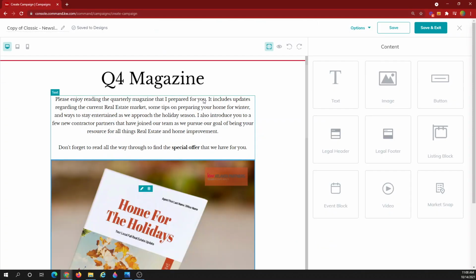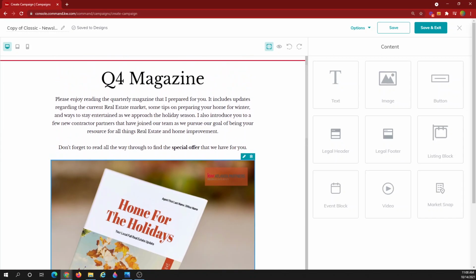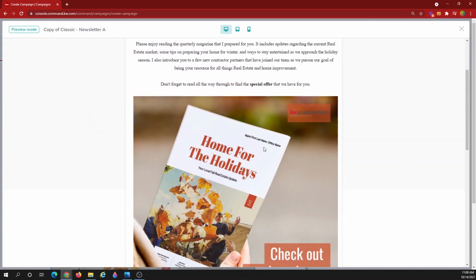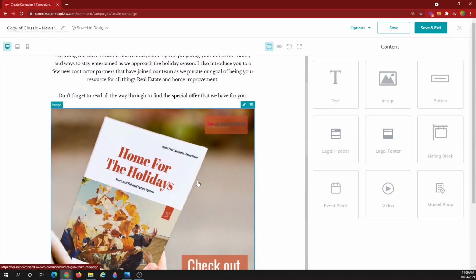Select it and insert it, and you can see that when I inserted a bigger picture, it actually stretched the text out a little to match that image, and it did that because we dropped the image inside of the text box. So if I hit preview, you can see how it's lining up. I actually don't want it to be quite that wide, so we're going to select the image, we'll hit the